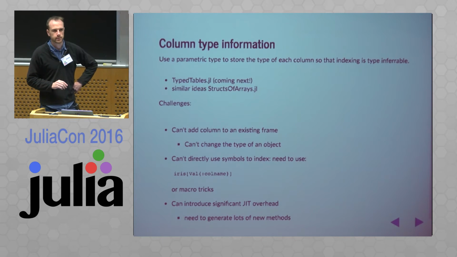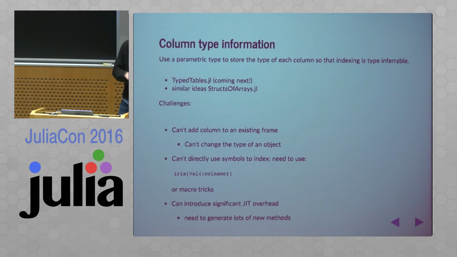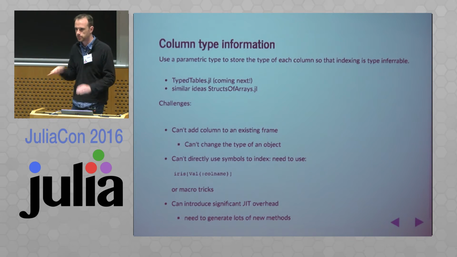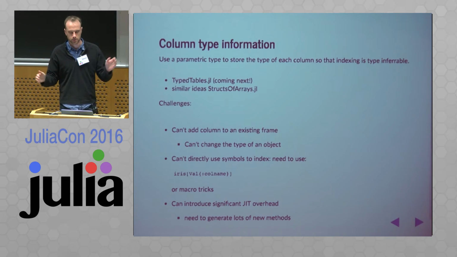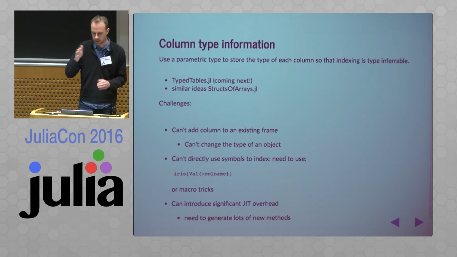So another approach, getting away from the missingness problem, is talking about this column type information. So how do you index into columns? I won't talk too much about this because obviously the type tables is coming next, but I will point out that similar ideas do pop up, the notable one being this idea of structs of arrays. And this is how you can efficiently store a vector of structs: instead of a vector, you store it as a